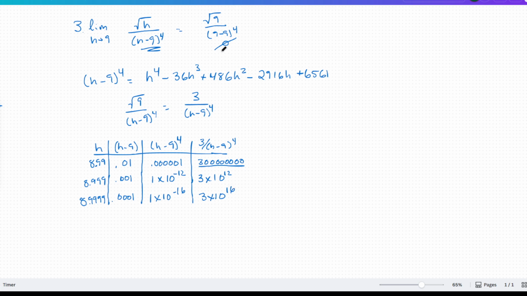So as we can see, the closer our h value gets to 9, since we can't be exactly at 9, this number in the denominator is going to get smaller and smaller, and when you divide by a really small number like that, the number just gets bigger and bigger. So this can go on for infinity. So what does that mean? That means that since our number is getting larger, our limit is going to be positive infinity. It's going to go on forever in the y-axis, forever going up, the closer we get towards 9